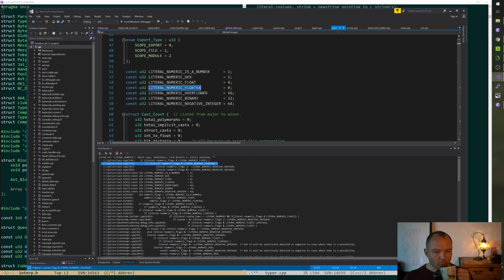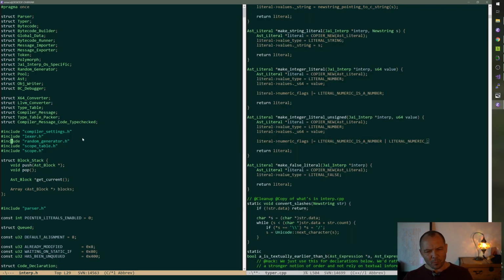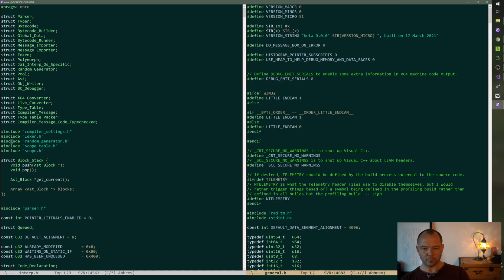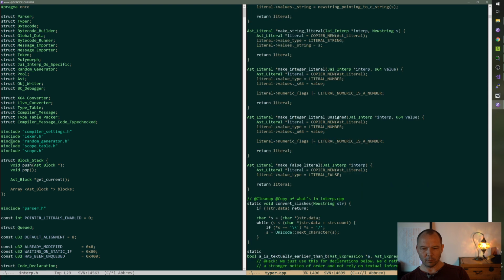Is a number hex float overflowed binary negative integer? Oh. Okay. Never mind.